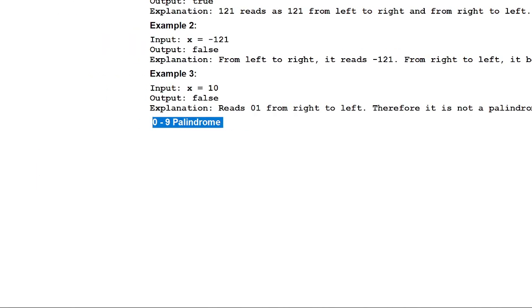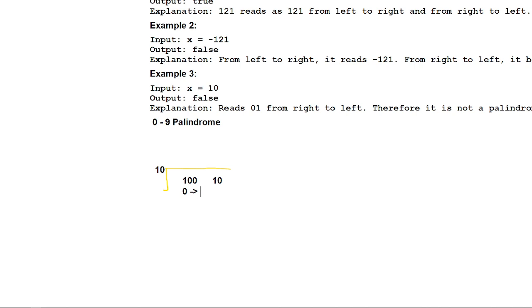So let us suppose we have a condition like this, and for example I divide 100 by 10. At that time, the quotient is going to be 10, because 10 tens are 100, 10 into 10 is 100, and the remainder is 0.